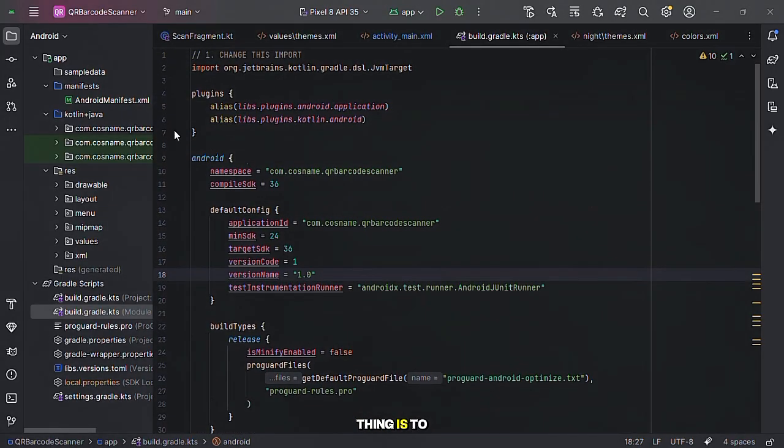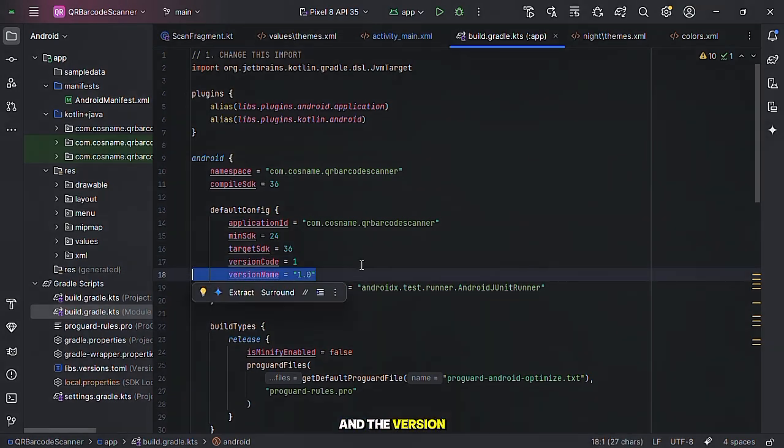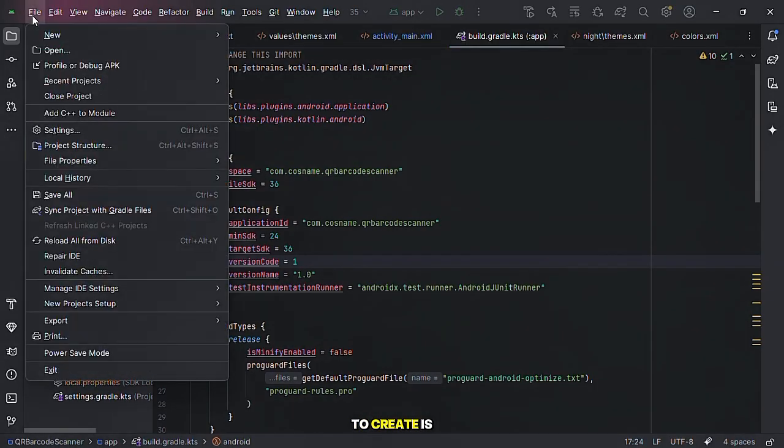So the first thing is to check the Gradle file. When you are in Gradle here, you will see this Gradle file. Check this file and make sure the version code is one, and the version name you can write any name. The next thing that you are going to create is the